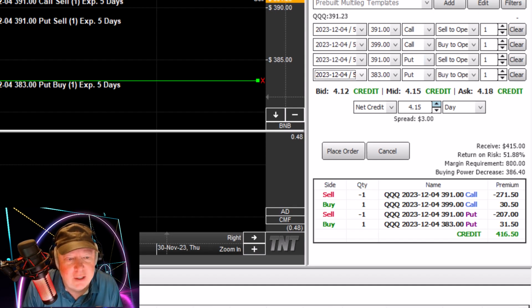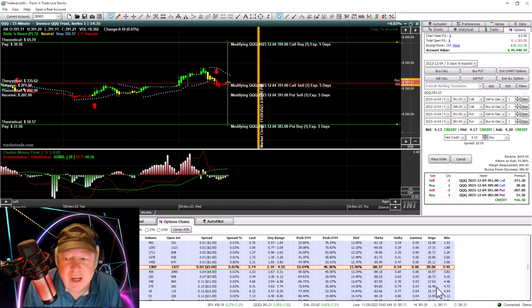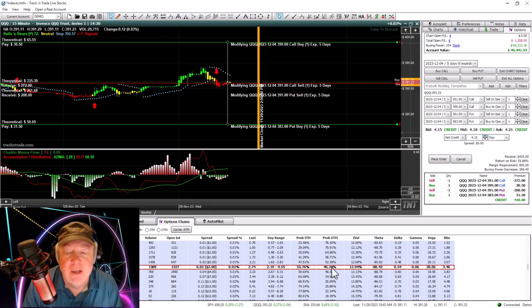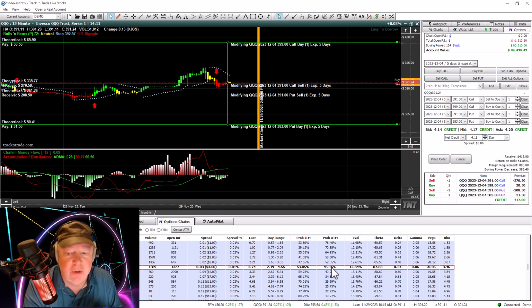So if we come down here into the probability table, you take a look at your probabilities of the market going outside of that, and you can look at your delta probability, and you can see that we have on these options that are at the money, we have a probability of about 50-50, okay? Probability of being in the money is 53, probability of being out of the money is 46. So we have basically a 50-50 chance that the market's going to be out of the money or in the money. So when you do anything at the money, that gives you basically a 50% chance of being in the money